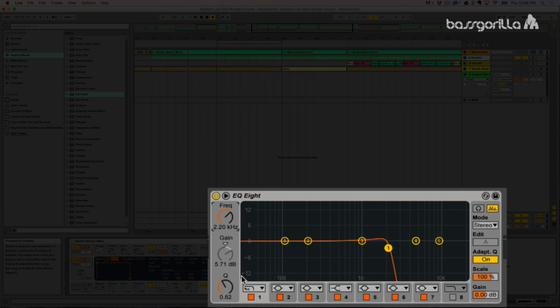Cool. Okay, so you get the general concept of how EQ8 works. I'll change this back to a bell. Click on here to reset that gain level. We also have this audition mode here. When you enable this, clicking and holding on the filter dot allows you to hear only that filter's effect